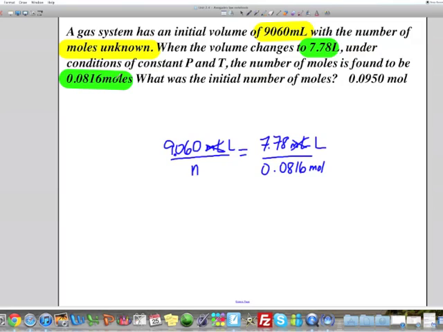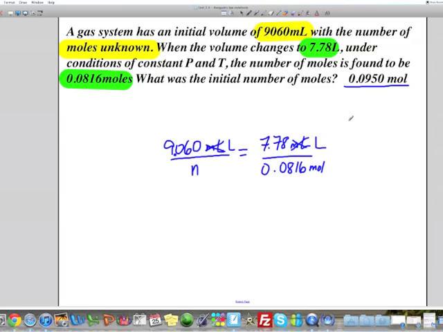And my number of moles related to the 7.78 is 0.0816, so I have it here. So then I just need to, again, do a ratio or cross multiply. 0.0816 times 9.06 divided by 7.78 will give me this here,